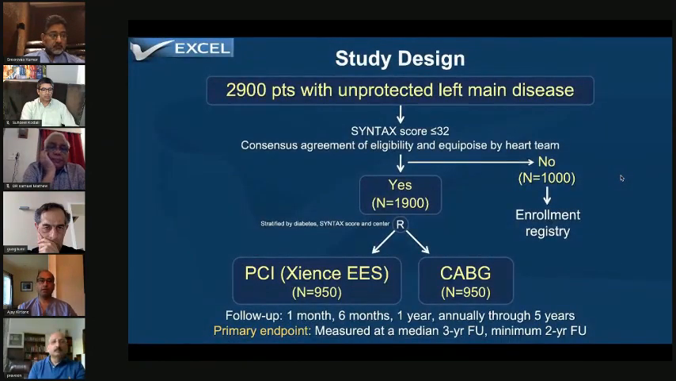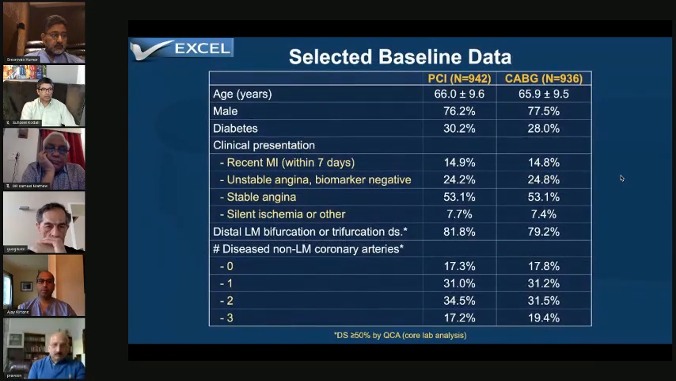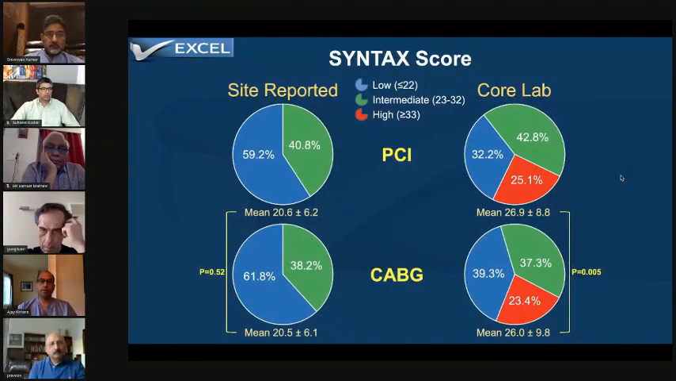Moving on to the Excel trial, this is a bigger trial, randomized 1,900 patients to PCI versus CABG. I think many of you are aware what the baseline data was. Again, I'll point out that the bifurcation was treated in approximately 80% of patients within this trial. It's also important to point out that both these trials tried to limit the syntax score